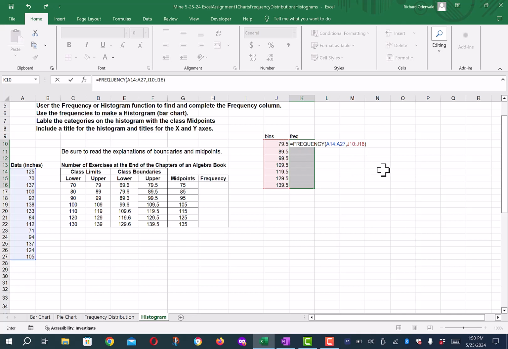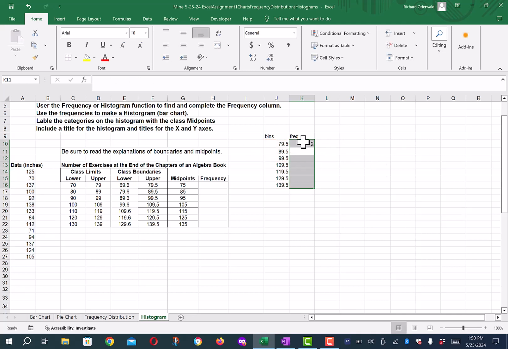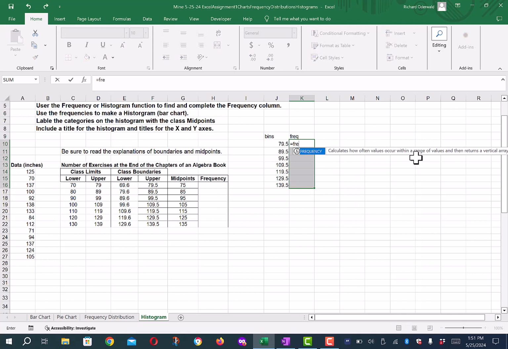Close it and press enter. And this is an older version of Excel. This is the frequency command. Block off the categories, or the cells that you want the frequency to appear in, equals FRE, and we get